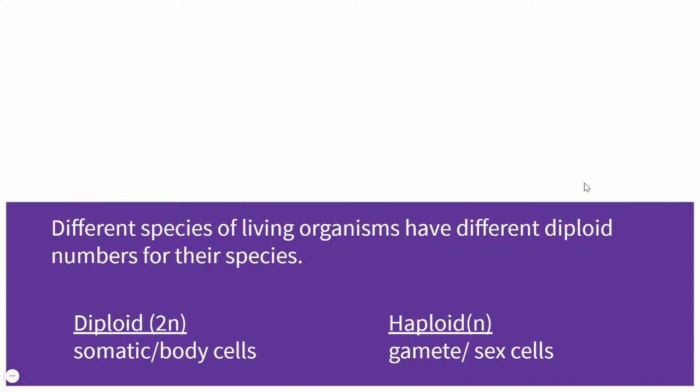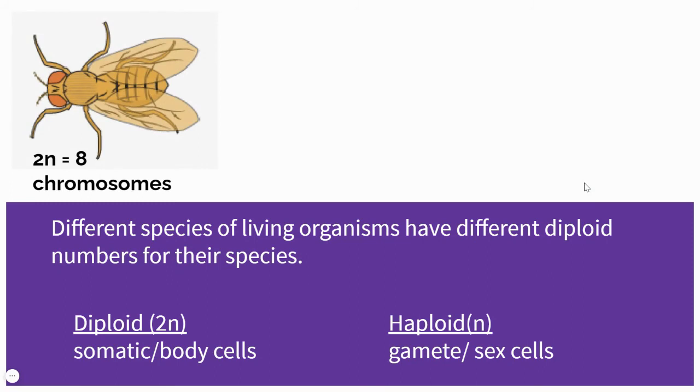But remember, this diploid number varies from species to species. Just now we saw the example of humans. In humans, the diploid number of chromosomes is 46 and the haploid is 23. But in different species, it will be different. For example, in case of a fruit fly, the diploid number of chromosomes, that is the double set, is 8. That means this fruit fly is formed by 4 chromosomes of egg and 4 chromosomes of sperm fused together, and the zygote then divides to become this fully developed fruit fly. Okay, so its haploid number is 4 and diploid is 8.